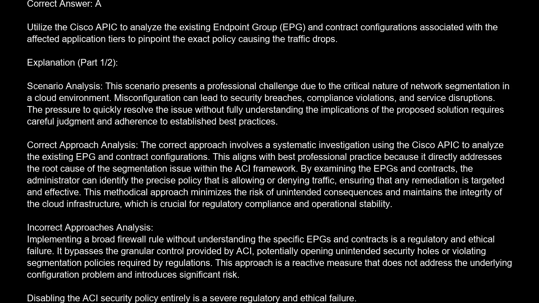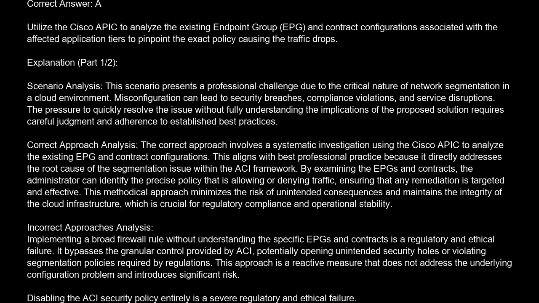The correct answer is A. Utilize the Cisco APIC to analyze the existing endpoint group, EPG, and contract configurations associated with the affected application tiers to pinpoint the exact policy causing the traffic drops. Explanation. Scenario analysis. This scenario presents a professional challenge due to the critical nature of network segmentation in a cloud